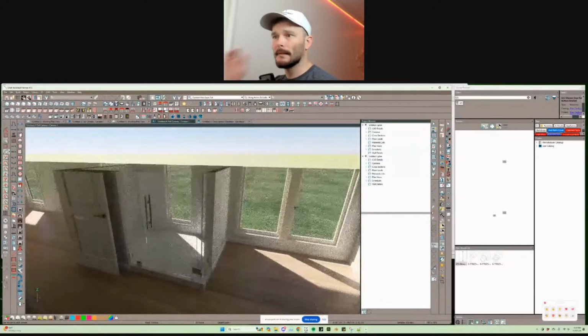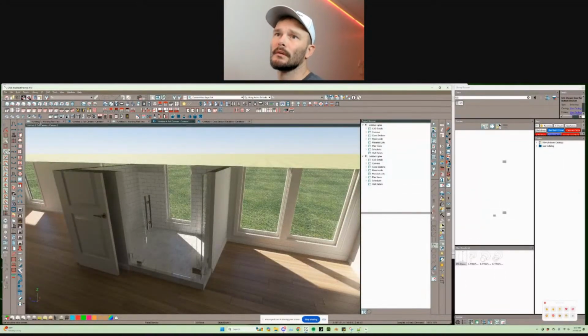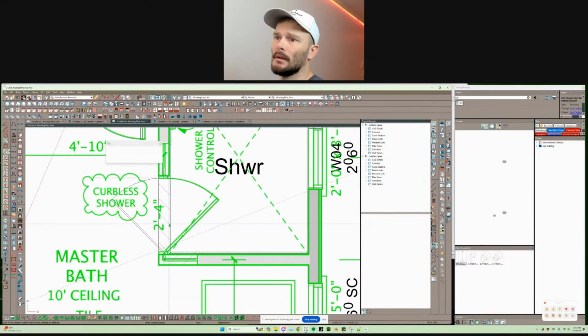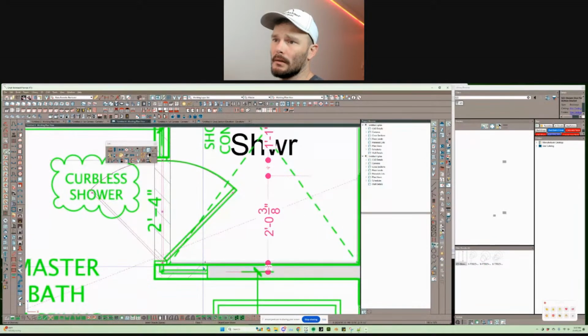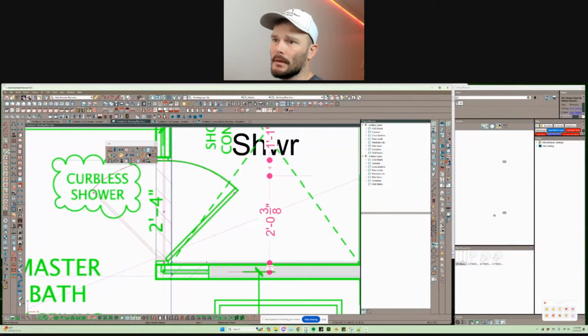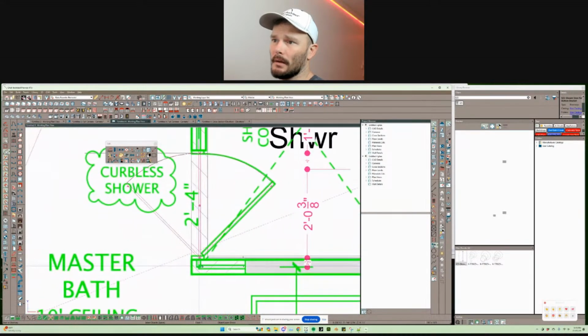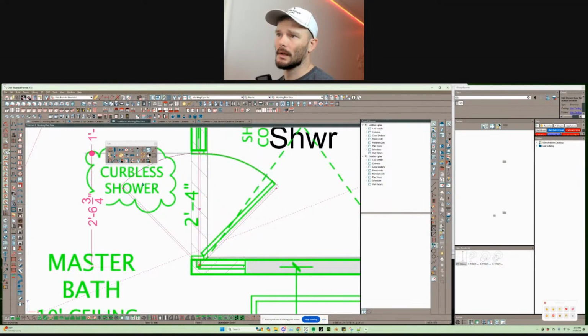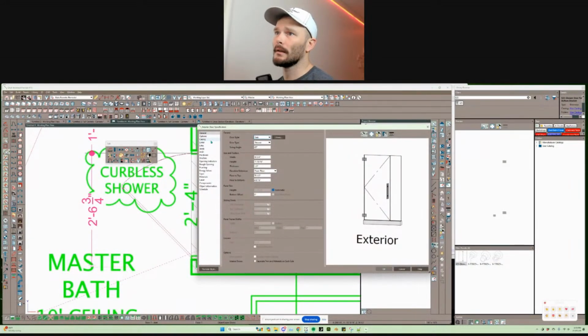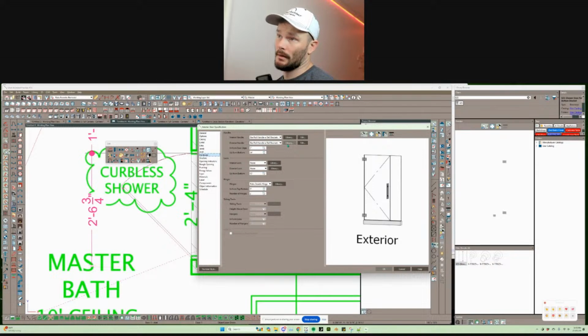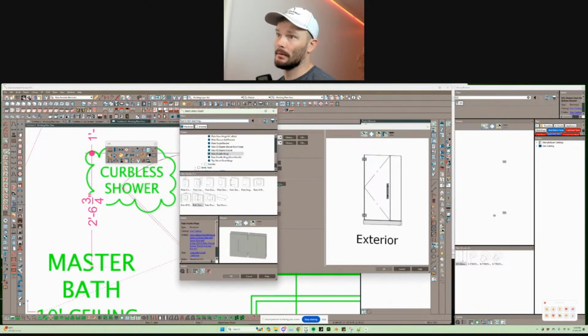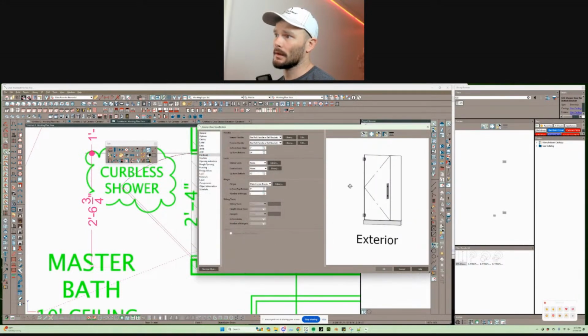It's looking almost right. Almost right. This should be, I mean, the way they have this drawn, there's no way they're putting a little tiny itty bitty panel here. They're probably binding the hinge straight to the corner. And so in which case we want to switch this out for a 90-degree in our hardware. So our hinges, double hinge, this should bring us up to a 90. And let's see, we're looking at exterior versus, if we show the wall in,